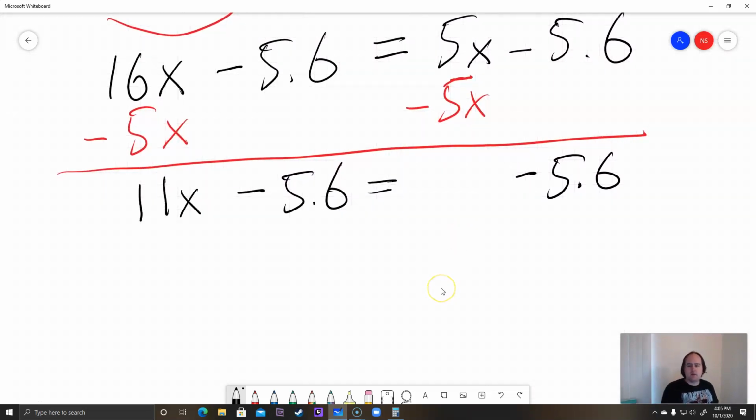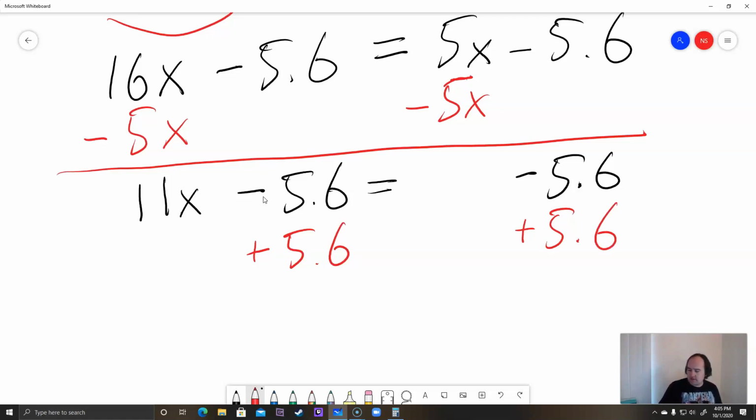Okay? And then what else do we have to do here? Well, we have to isolate x on the left side. So the next thing in our way is this negative 5.6 right here. So to get rid of that one, we need to add 5.6 to both sides. So if we add 5.6 to both sides,